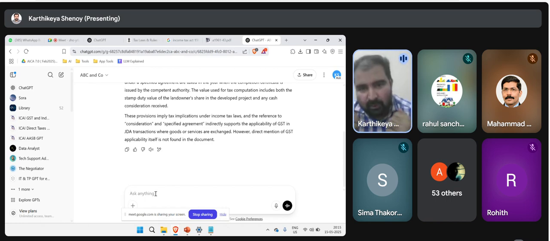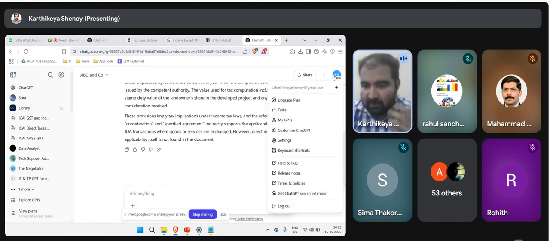But here you can see it will try to negate, it will try to refuse answer on, let's say, for example, if you ask anything with company law as such, unless there is a specific context referred in the Income Tax Act, it will not answer you. It will try to negate and it will try to refuse. Now, what is the advantage? It seems very simple, but the advantage is